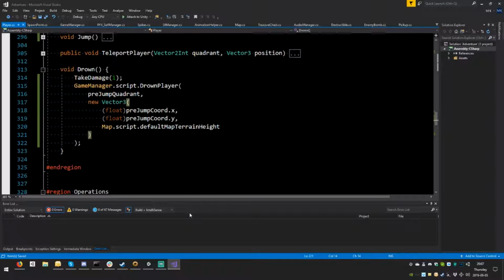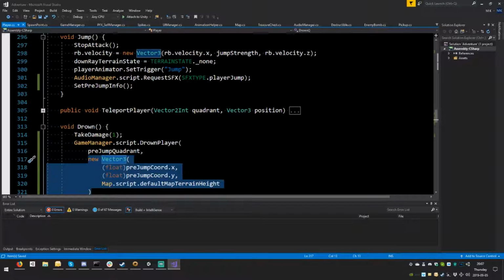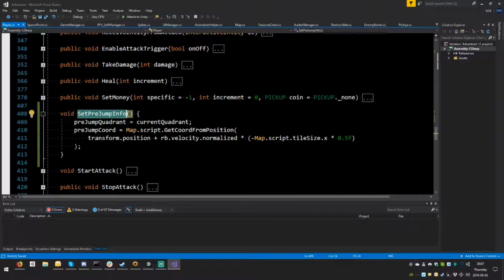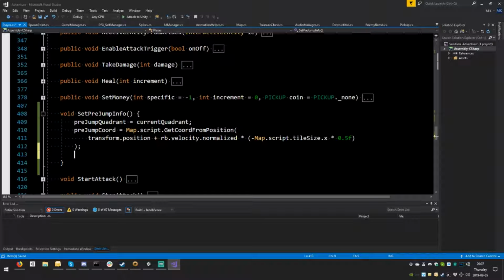Okay, so this should already work, but at the moment is going to perform exactly the same as before. So we need to figure out what we got wrong. And the way we're going to do it, at least the first step, is in set pre-jump info. I want you to debug.log,